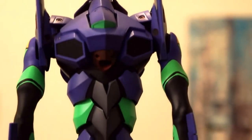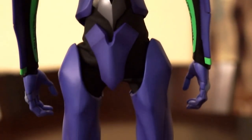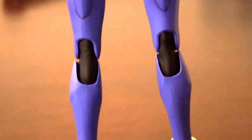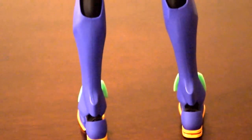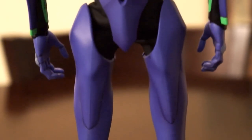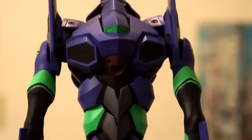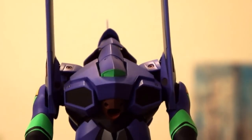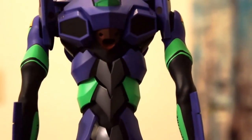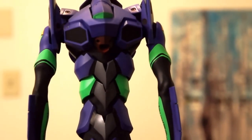This is the back view. And I know this review is going on pretty long, but I'm not gonna lie to you, this is a huge toy, so yeah, there's not too much rushing through this. So please forgive me if this video goes longer than what you probably expect. But I will try to make sure I hit every single detail and what makes the thing great, so it won't seem like I'm just telling you complete utter nonsense. Alright? So getting into the posing part,